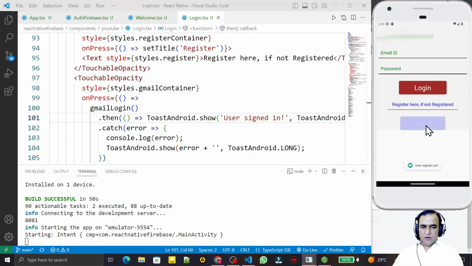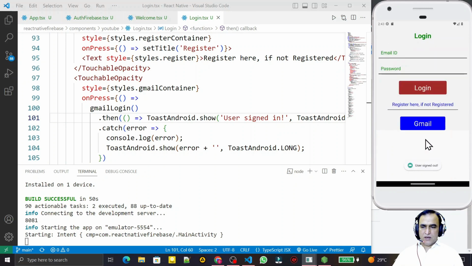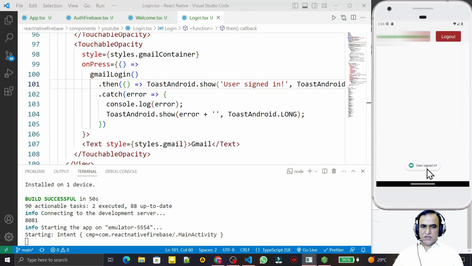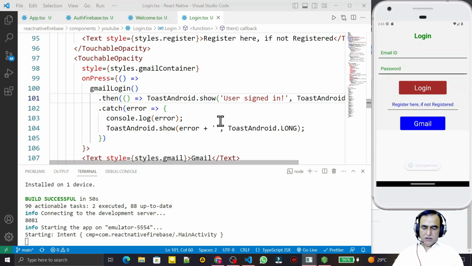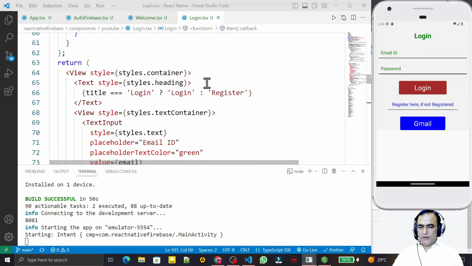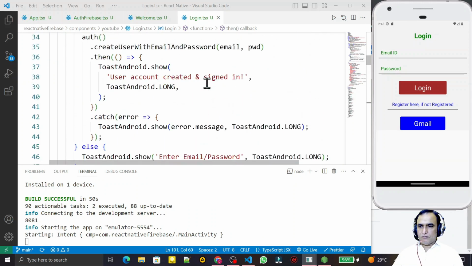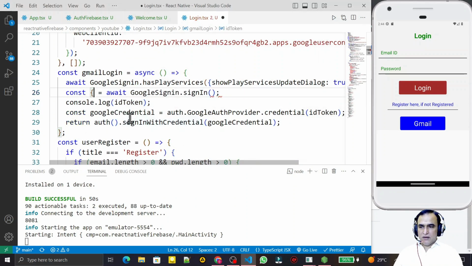Once again I click on login and you see, because we have already logged in with this ID, it logs in right now without any problem. Log out and log in, you see, user sign in. So we log in with this, and if we want to pass some username and password, suppose we want to pass a user profile image also with Gmail, one thing we can do here is that in place of reading this ID, we can have here user